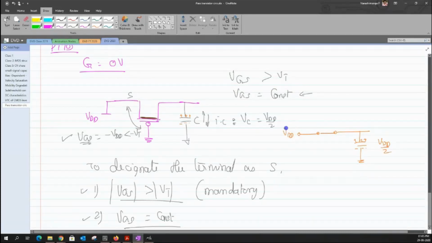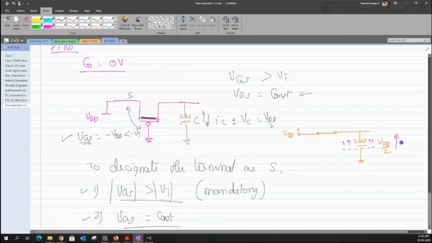Now the charges from the positive supply can be sourced, right? So there exists a path, and these charges would get accumulated on the top plate of the capacitor, and an equivalent opposite charge would be deposited on the second plate of your capacitor. And once you start raising the charges across the capacitor plates, obviously the voltage across the capacitor also shoots up, right? And it can go all the way to what value?